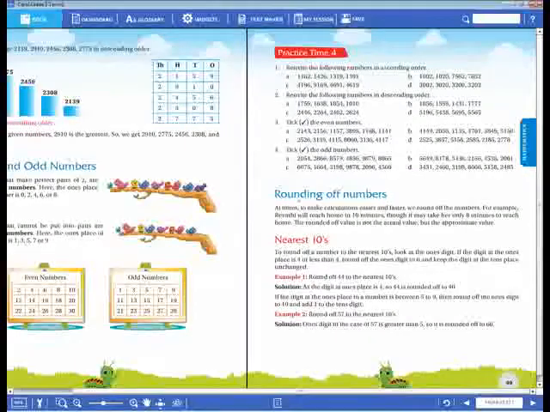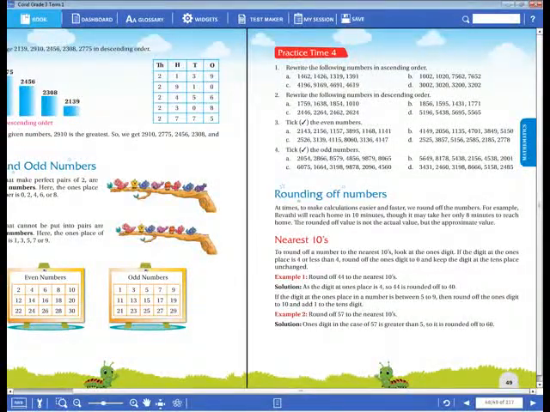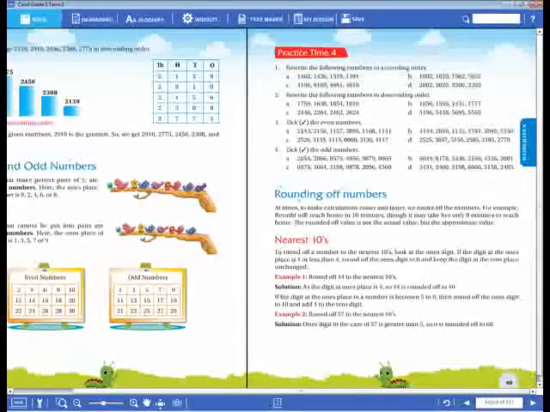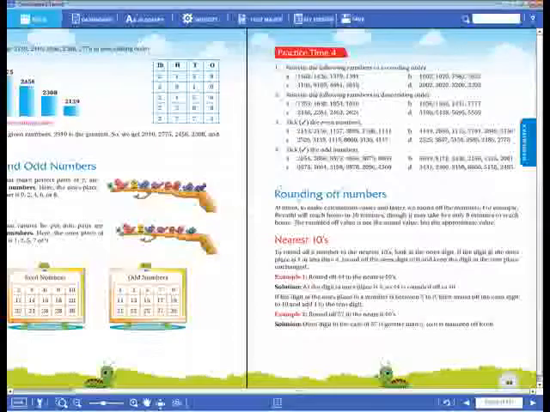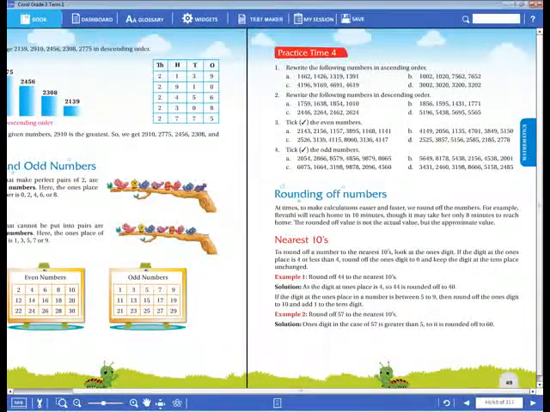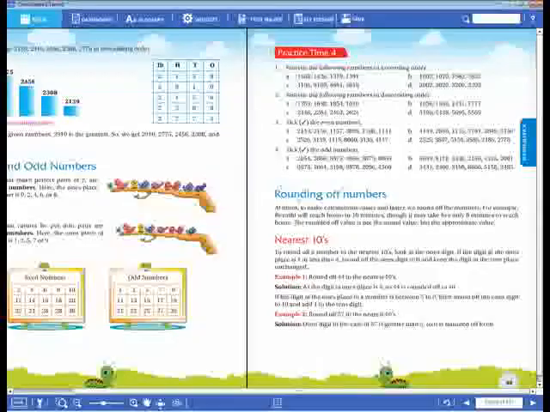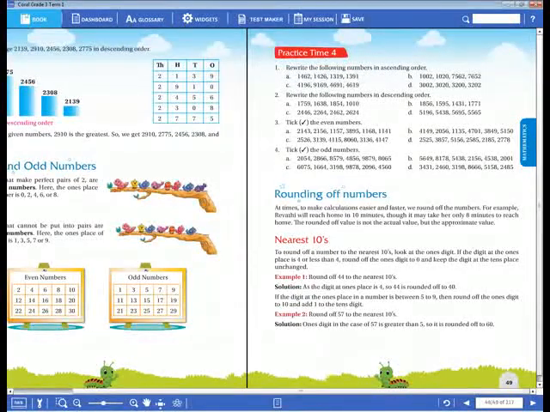If it is greater than 5, for example in the ones place of 35, or if it has 37, 38, 39, like that. What digits are there in the ones place? 7, 8, 9. If the ones place has 5, 6, 7, 8, 9, you have to write the next tens. After 30, which tens will come? 40. Okay? Like that. Okay, dear children, have you understood? Shanmukhi? Okay, good.